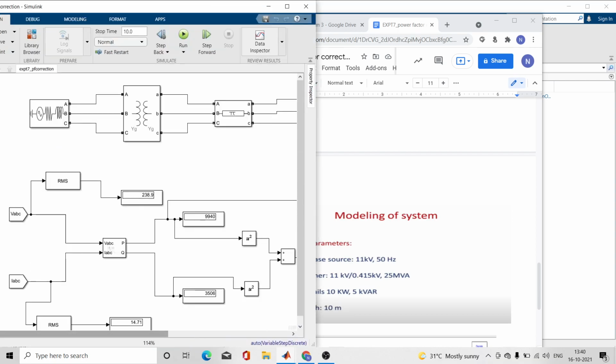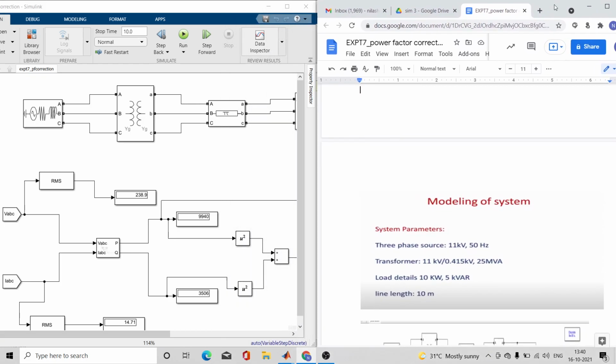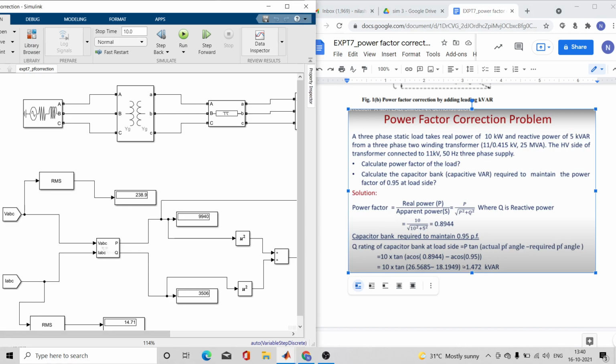Yes, very easy. Simple mathematical thing we are doing here.